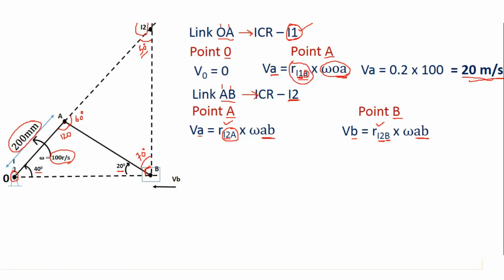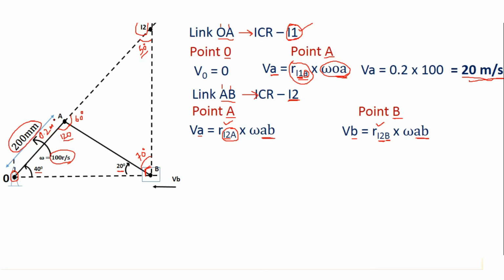Now if you observe in this triangle AOB, you know all the 3 angles. See here, this angle is known as 120, this angle is 40, this angle is 20. All 3 angles of the triangle are known, and also one of the sides is known as 0.2 meters. So can we apply sine rule here? Yes, the answer should be yes, we can apply sine rule, because there are 3 angles and 1 side which is given to us. So let us apply that.